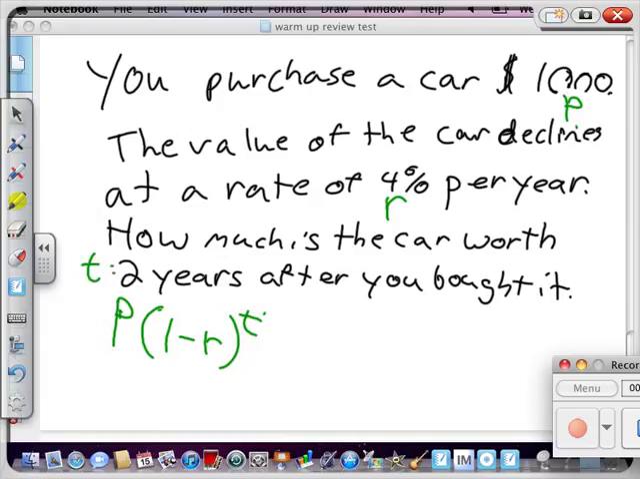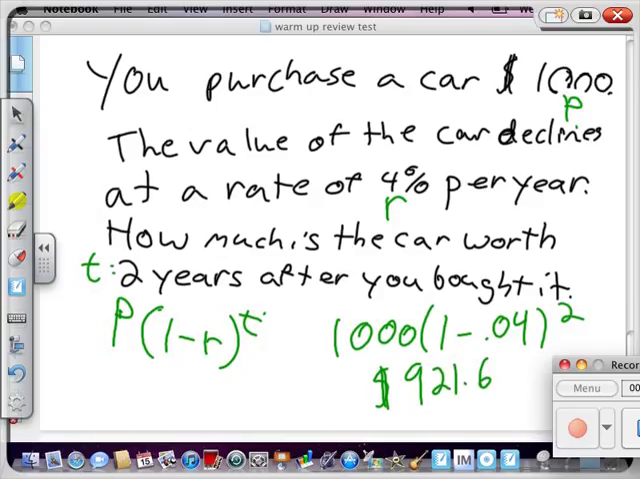So now we just plug it in. 1,000 times 1 minus, do I put 4 down? No. Do I put 0.4 down? 0.04 to the 2. And then I simply take my calculator and plug this in exactly. I say 1,000 parentheses 1 minus 0.04 raised to the 2 gives me $921.60. That's how much my car is worth 2 years later. Well, you bought the car for $1,000, so